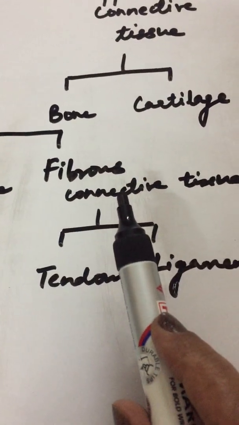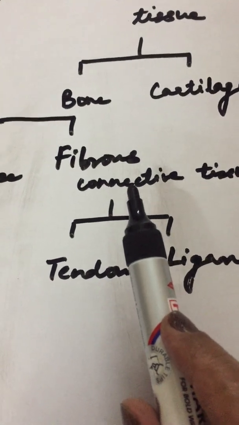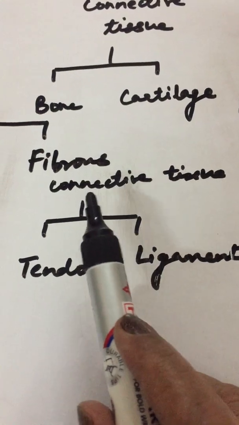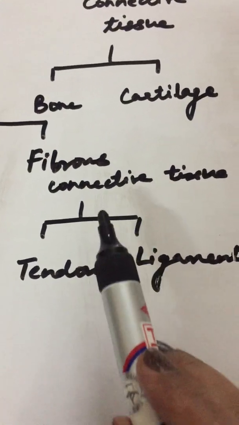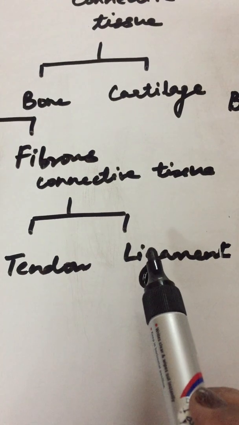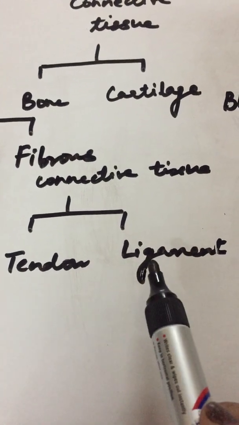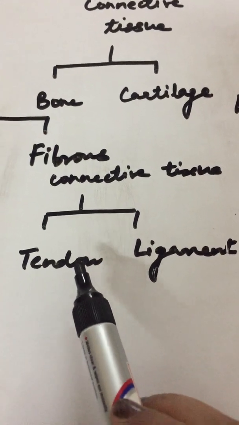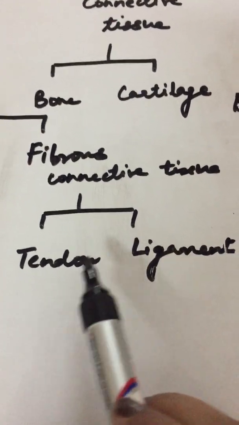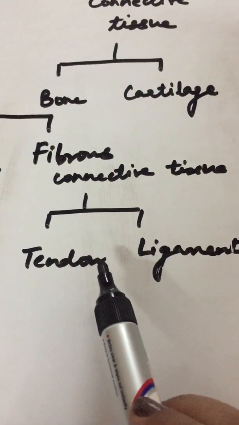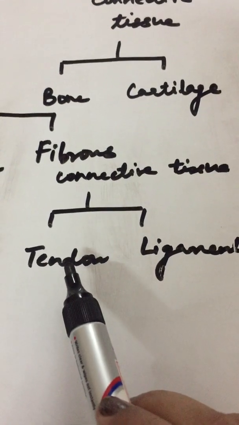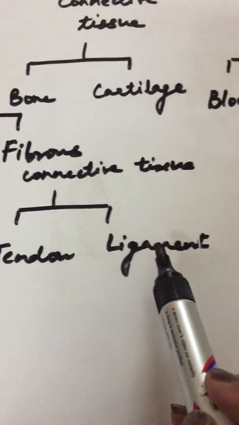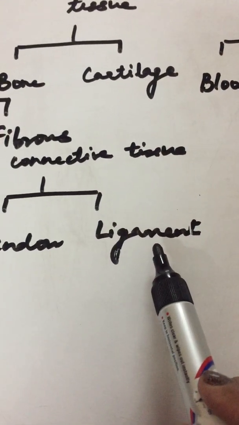The fibrous connective tissue, as the name says, consists of cells which are separated by a matrix which has fibers. This is further divided into two categories: tendon and ligament. Tendons help to join muscles to bones. At a joint where two bones are meeting, some muscles are also attached to that. So joining of muscles to the bones is done by tendon, and joining of two or more bones together is